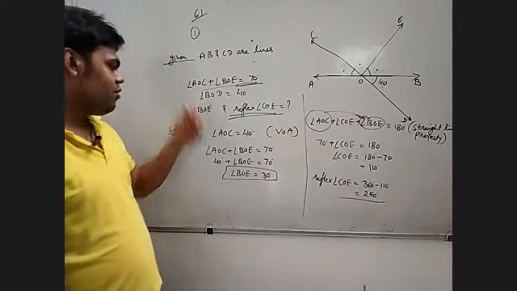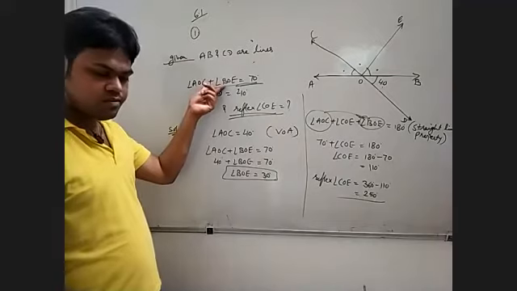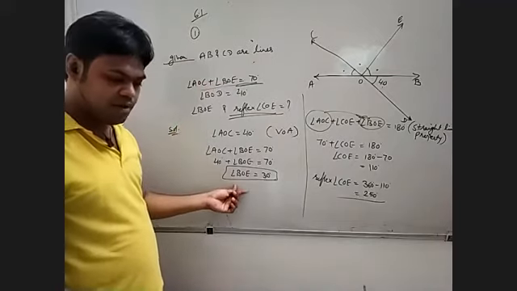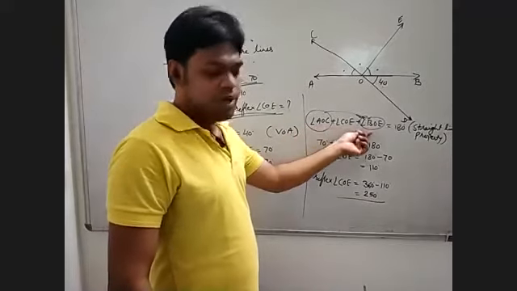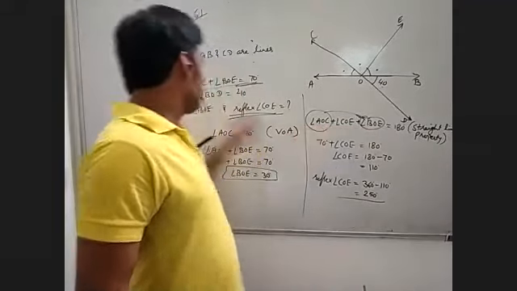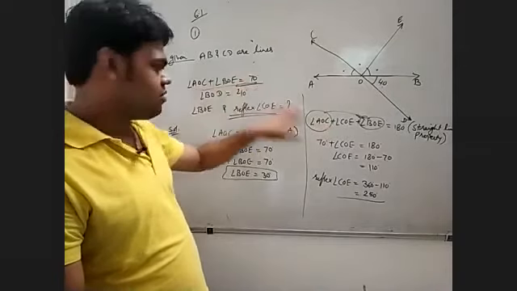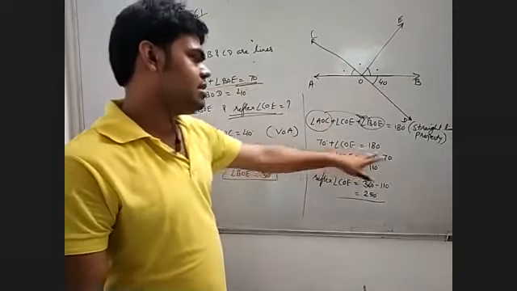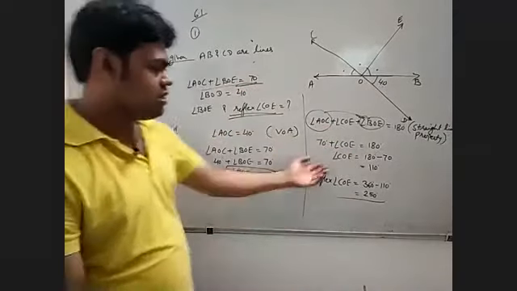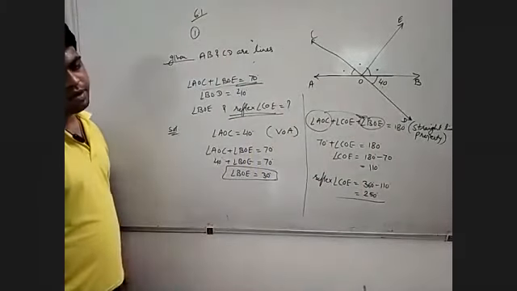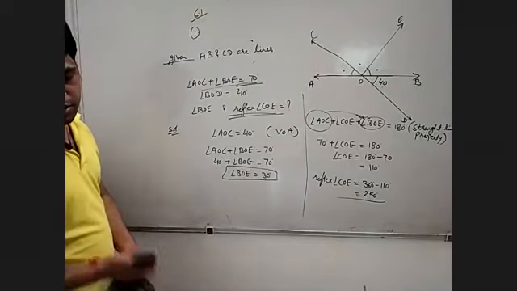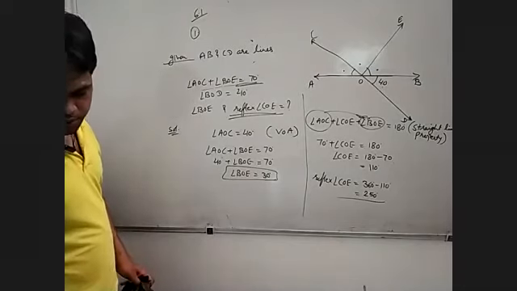We have to put the value of AOC in this equation, so we will get angle BOE. Now that we know angle BOE, put the angle BOE value and AOC value. Both values sum to 70. We put 70 plus angle COE equals 180, so angle COE is equal to 110. Reflex angle COE is equal to 250 degrees. Now the next question, question number 2, is yours.